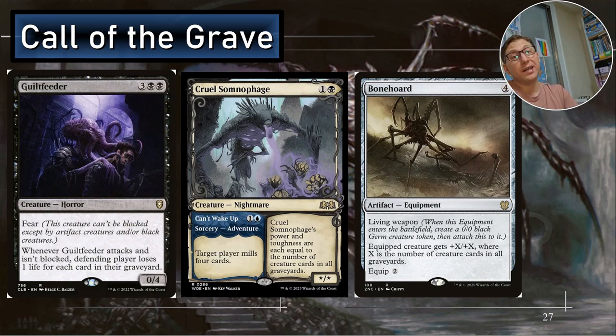Which can, again, 40 life at the start, 100 cards. Even if you knock half of their deck out, and Guilt Feeder gets through, that's the end of it. They're out of the game. Anyway,